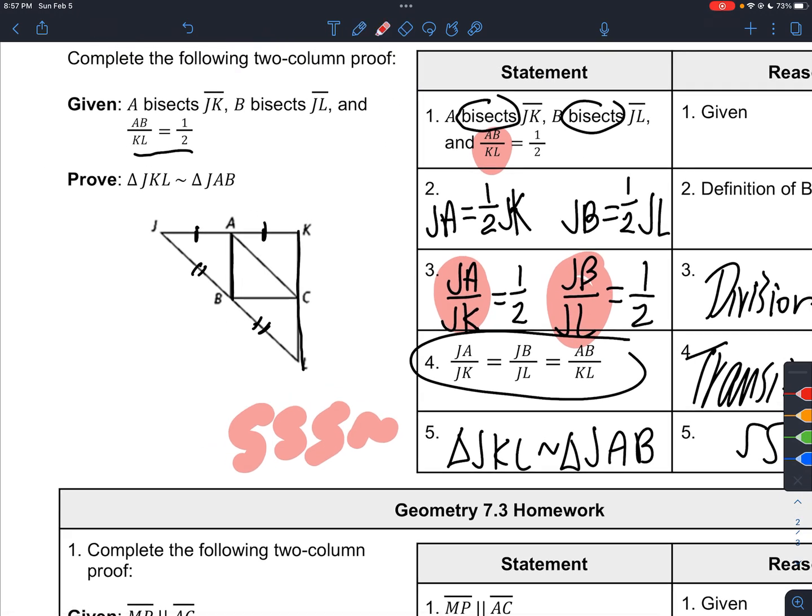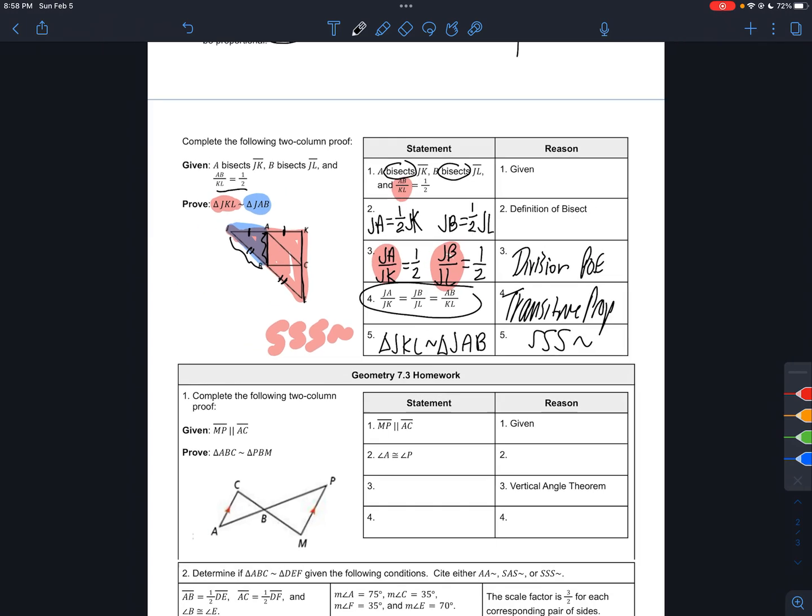So what were the triangles we were trying to show? It could be a little bit tricky. We had this big one, and then JAB was just this one. Okay. So we basically found out that all of the lengths of the blue triangle had been scaled by a factor of 1/2, and that was the argument to show that